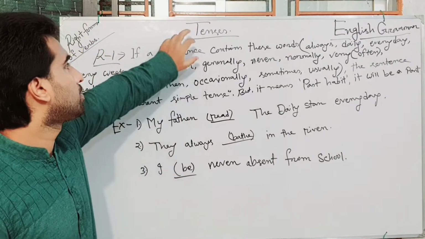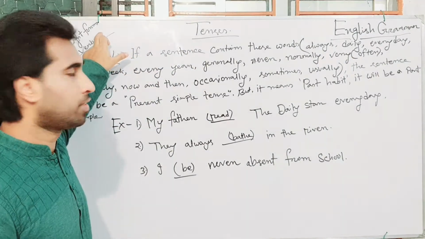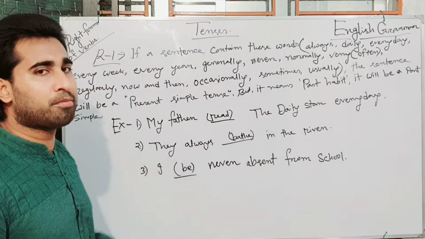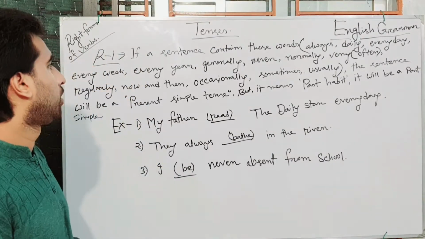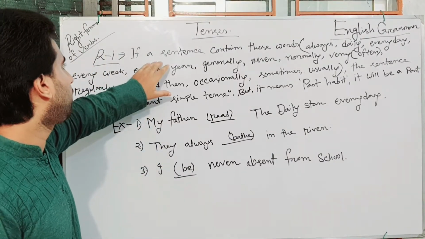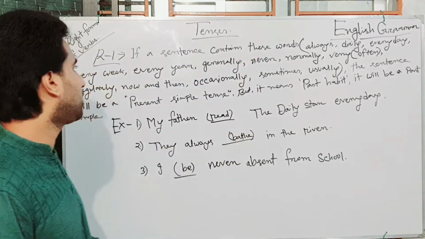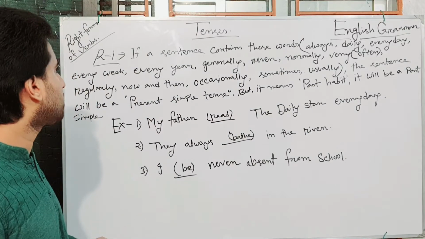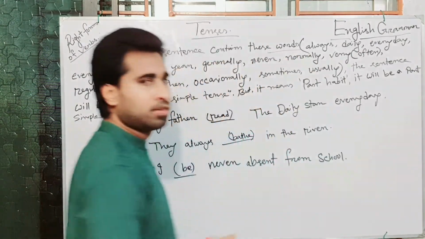Today's topic is tenses, on the basis of right forms of verbs. I'm going to start from the first rule, rule 1. Look at this rule. If a sentence contains these words such as